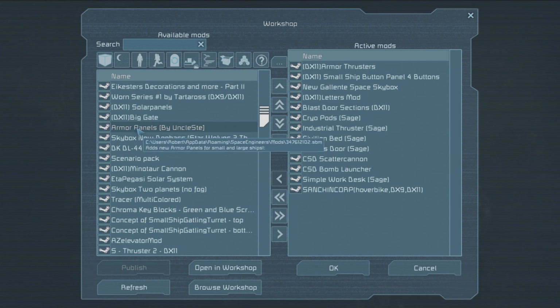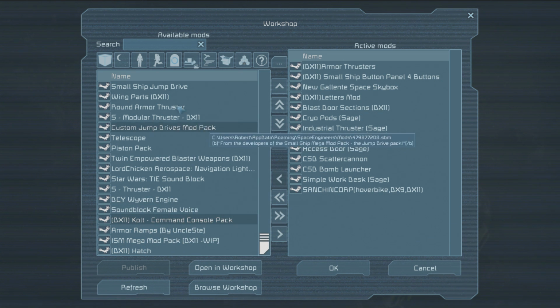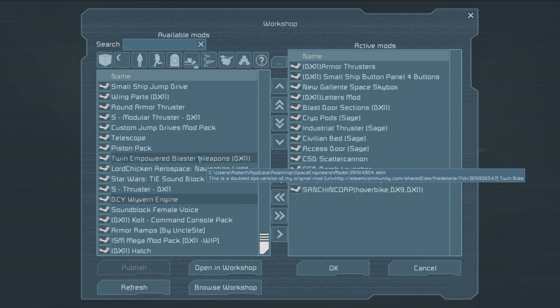Now, a lot of people love the Armored Panels mod by Uncle, but there's a problem with this. It's not DirectX 11 support, and I don't believe he's going to update it. Now, that's not a terrible thing because somebody, and we'll just scroll down to the bottom because I know I already have it down here. Instead of using the Uncle ramps and the Uncle blast door blocks and all that, you can grab...